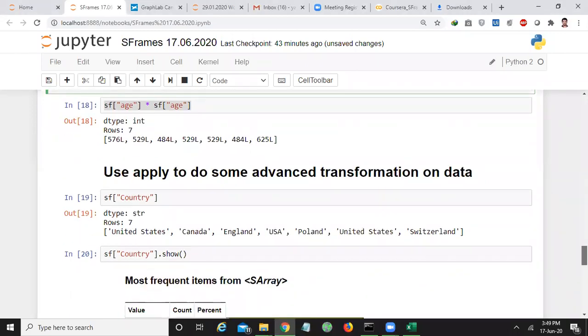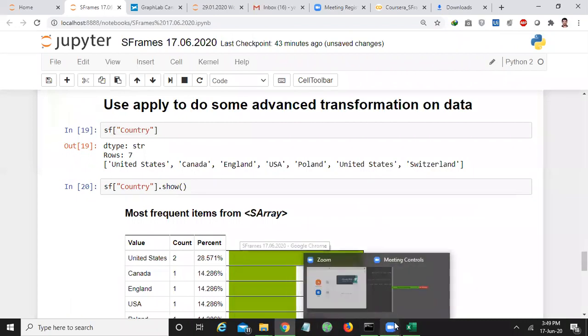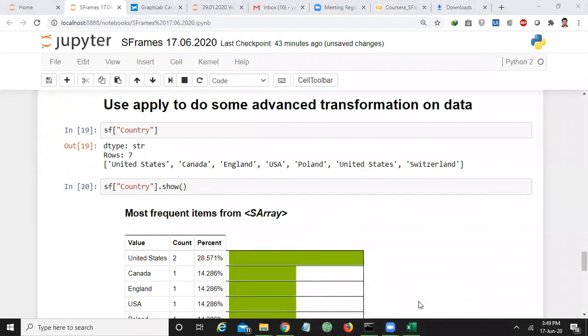Right. So now I want to apply some advanced transformation. But how can we create a new column without performing any operations on existing columns? I didn't get your question. Okay, you want to add entirely new values. Am I right?